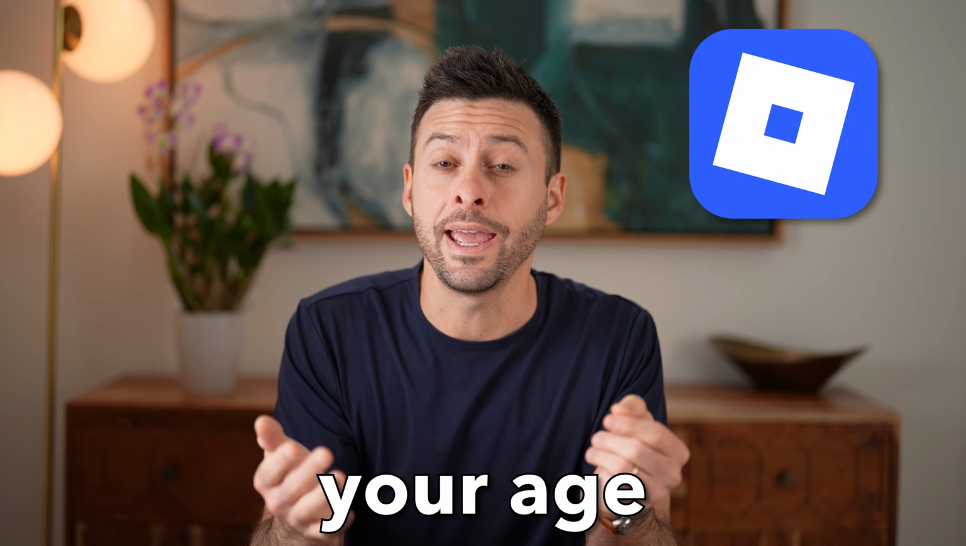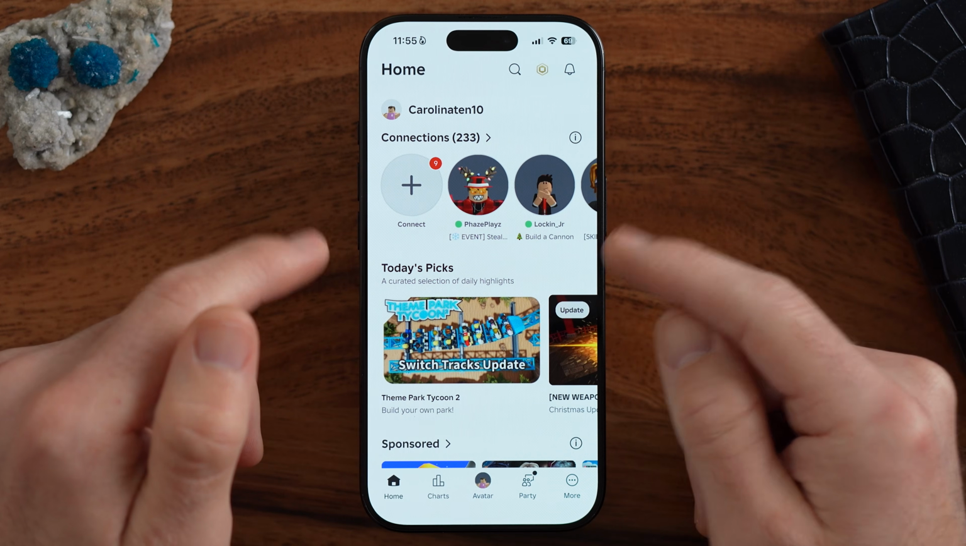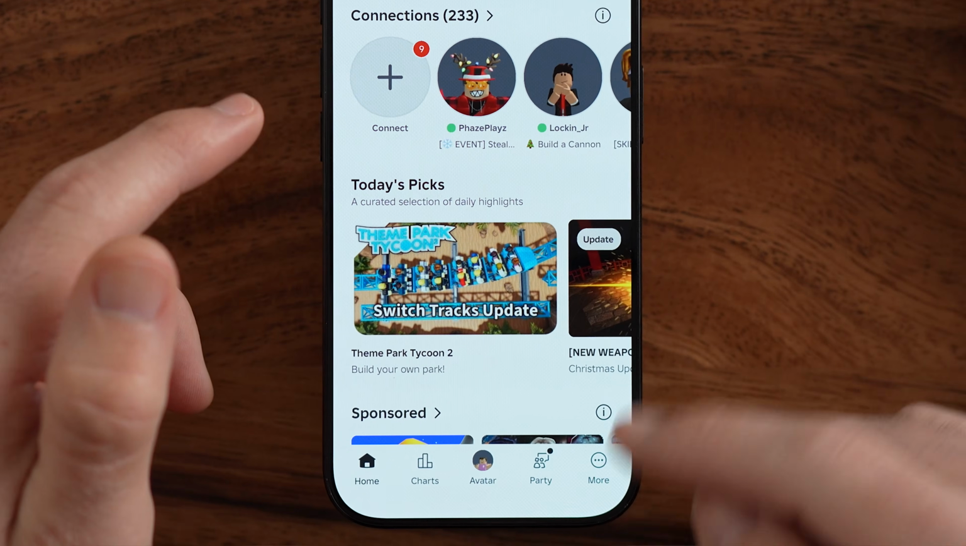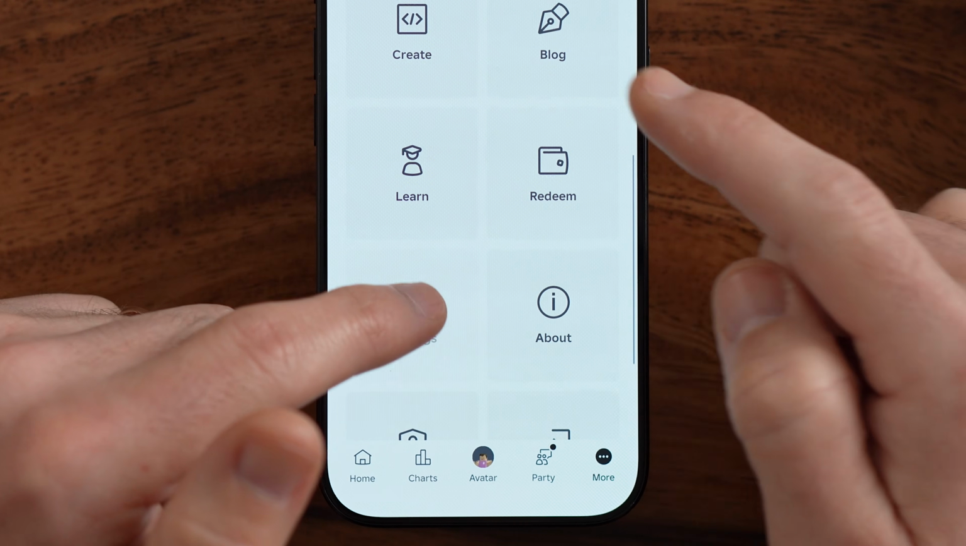Let's verify your age on Roblox mobile. Now open up the Roblox app on your iPhone or Android. Now the first thing we need to do is get to your settings. So scroll down and tap on settings here, and you can verify your age in the app one of two